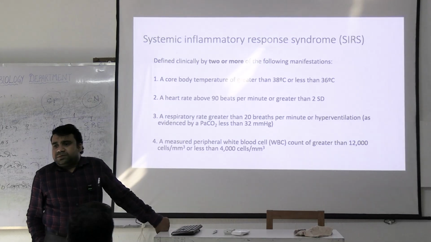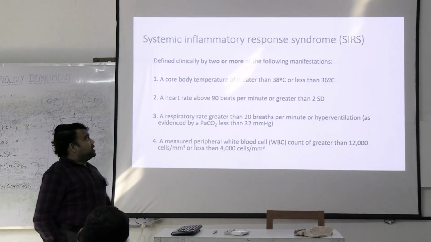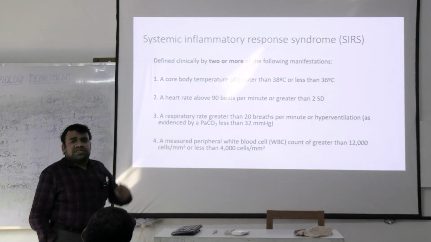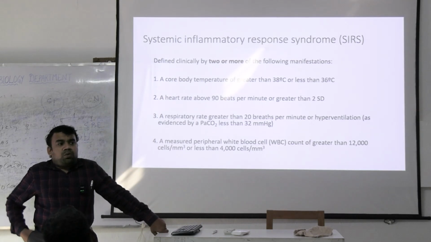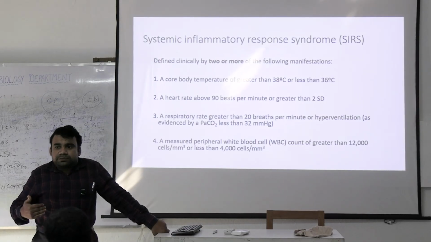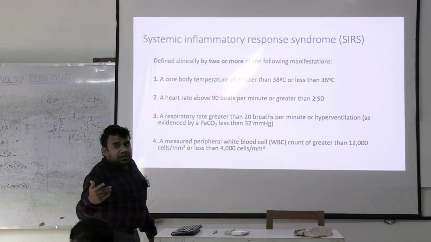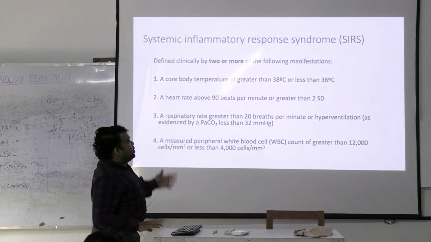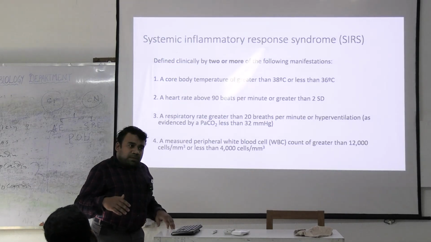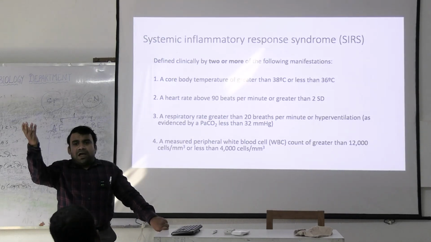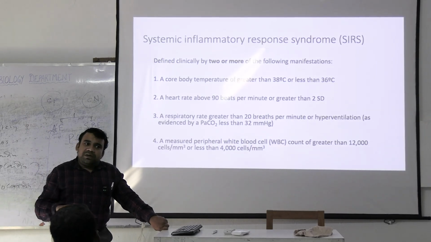Now, for diagnosis of sepsis, the first step you have to understand is called SIRS. SIRS is also called systemic inflammatory response syndrome. That means this is the condition in which the patient's body is undergoing a response to inflammation. So what are the responses? Because of the cytokines, body temperature will be altered. The patient will have a core body temperature that is either raised very high or lowered, that is hyperthermia or hypothermia.